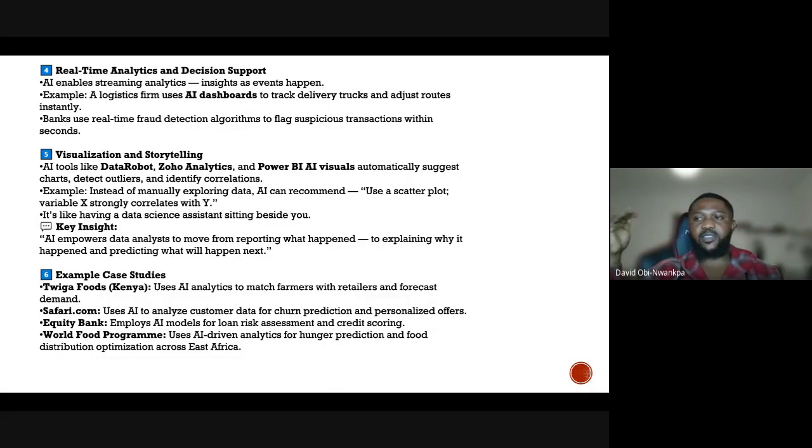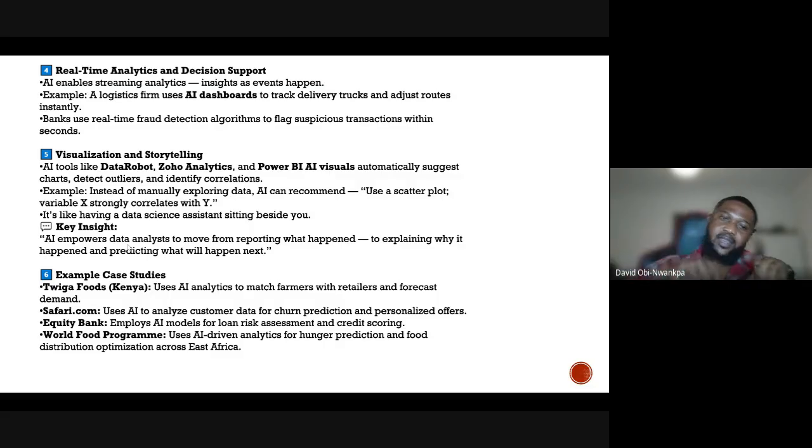So every data analyst should be able to give business recommendations, not just build a dashboard, not just show what the dashboard is all about. You should be able to help the business as well. That's what you're paid for. Even in big companies, you don't just give them dashboards and say, okay, that's a dashboard. You need to give business recommendations, and that's how AI can also help in that regard.